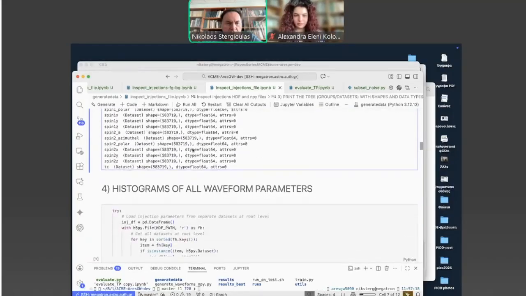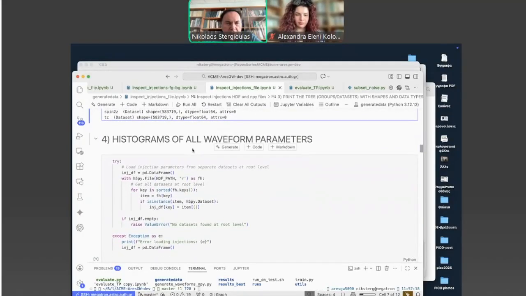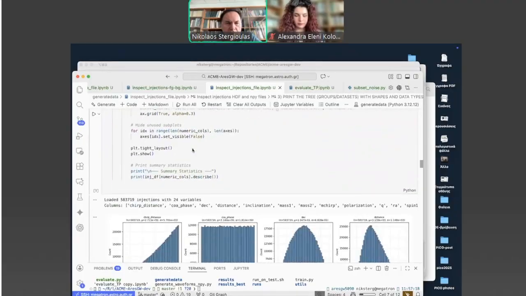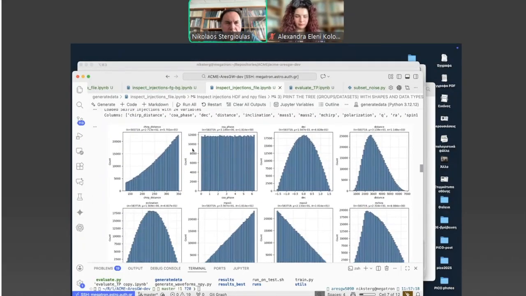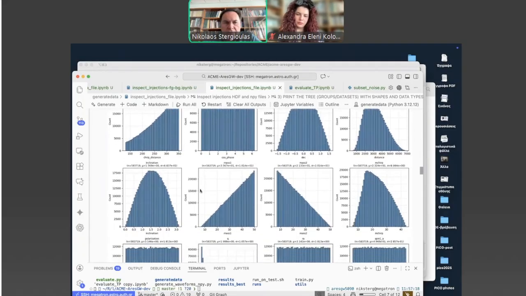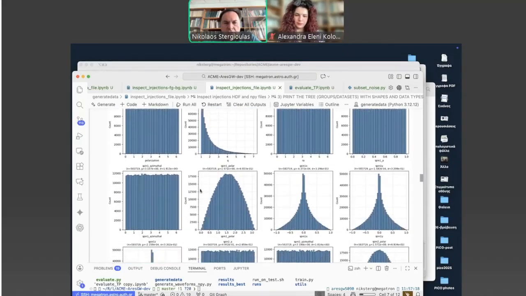So if you then look at the histogram of each of these parameters, you can see how the chirp distance scales, because we use a uniform distribution in chirp distance squared. The coalescence phase is uniform. The declination, the distance, chirp mass, the different masses, inclinations.